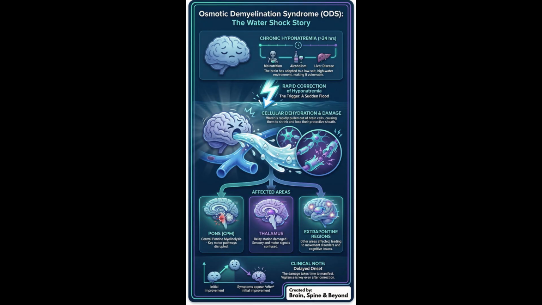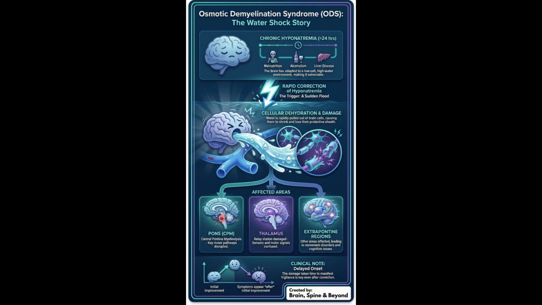What happens first? The patient first develops dysarthria, which is slurred, unintelligible speech because the signals to the tongue and lips are failing. Then comes dysphagia, a total inability to swallow. And then the damage reaches the main motor highways down to the limbs. The corticospinal tracts demyelinate. The patient rapidly develops severe upper motor neuron weakness, progressing into quadriparesis, paralysis of both arms